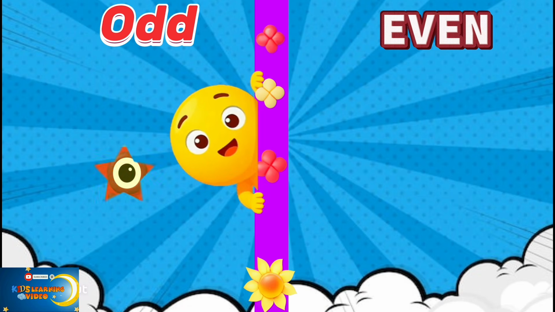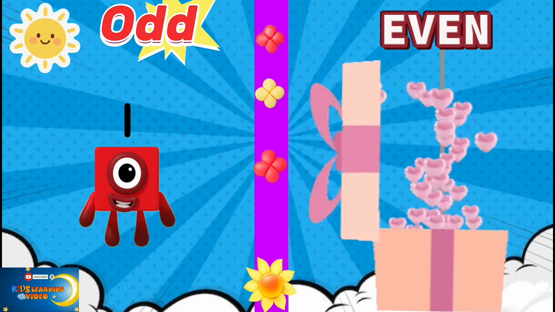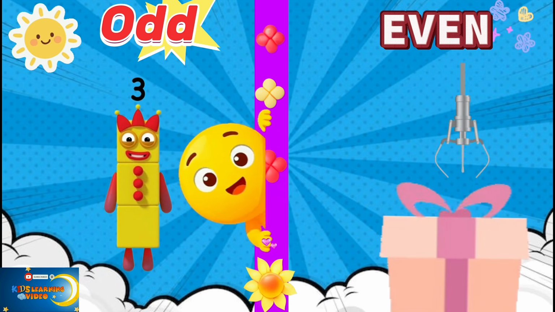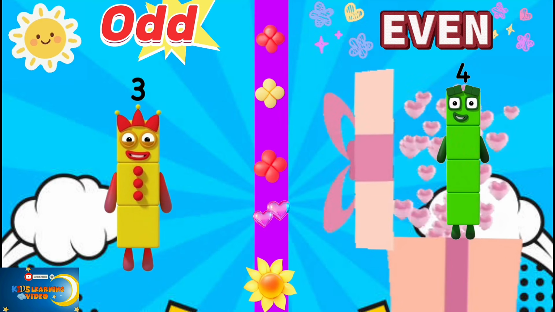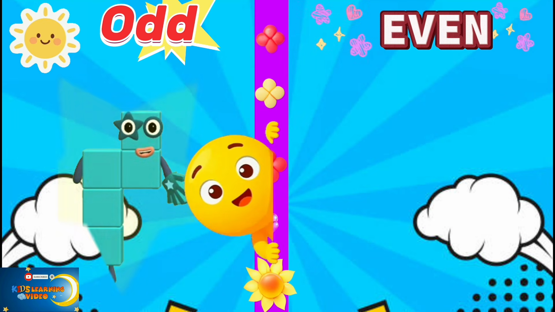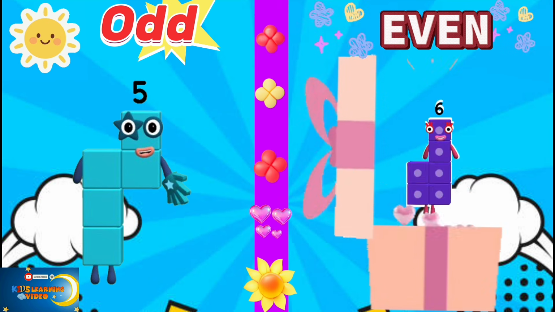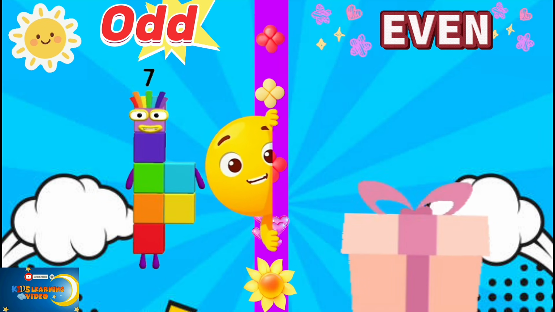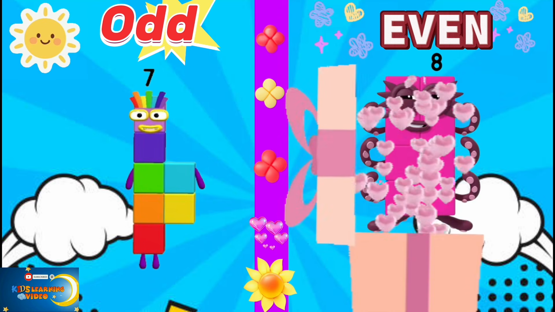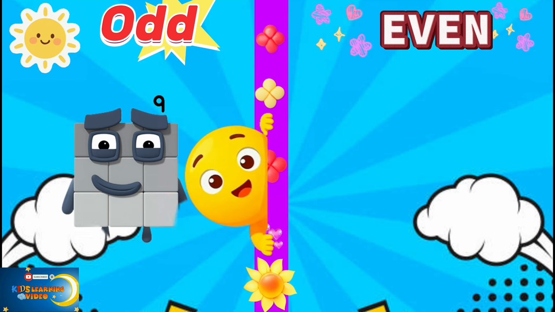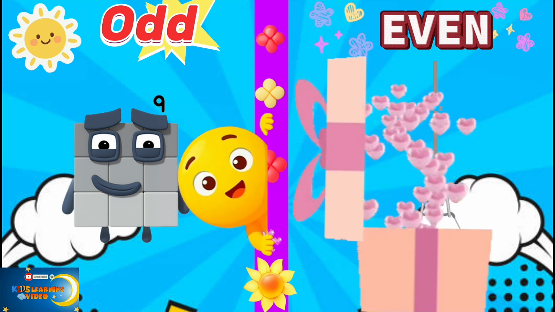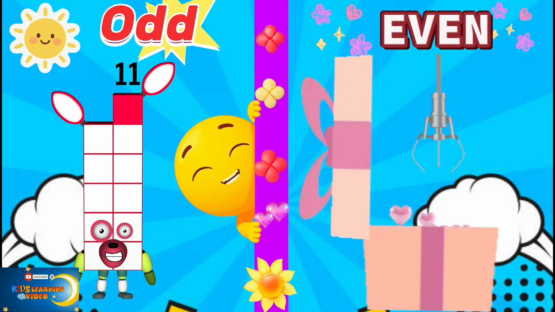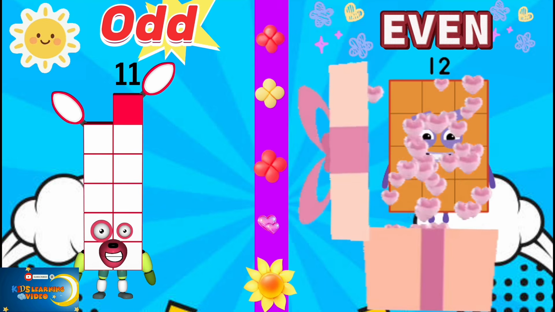1 is odd number, 2 is even, 3 odd, 4 even number, 5 odd, 6 even number, 7 odd number, 8 even number, 9 odd number, 10 even number, 11 odd number, 12 even number,